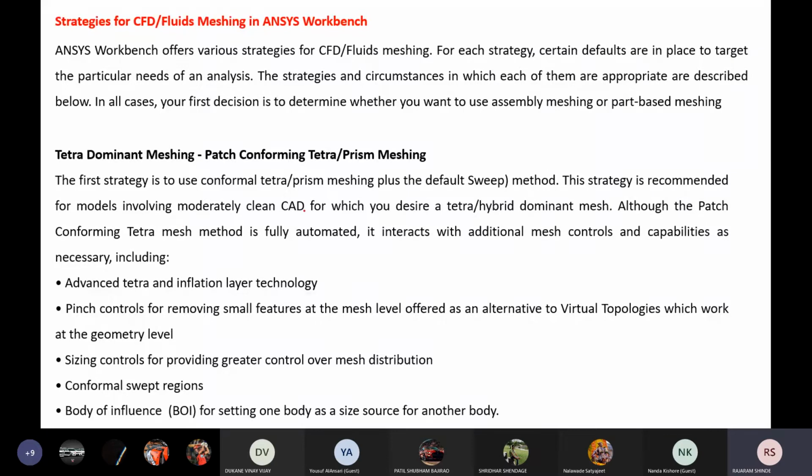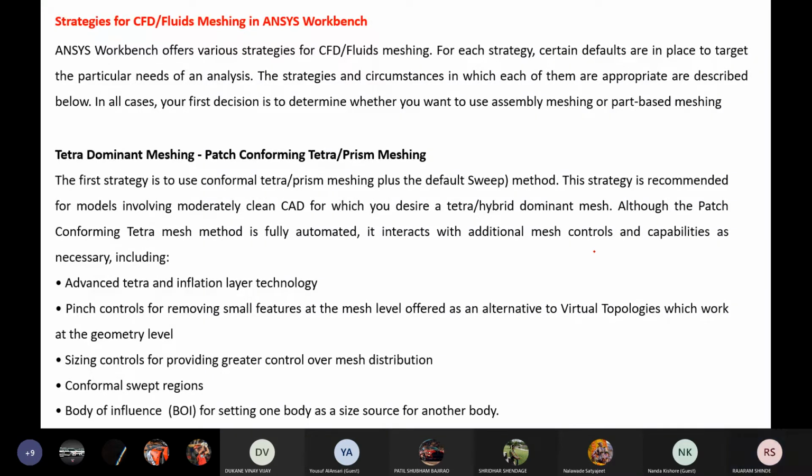So here you have to follow these rules. If your geometry is involving moderately clean CAD, for which you desire a tetra or hybrid dominant mesh. Hybrid means tetra plus prism meshing, or hex dominant mesh. Okay. Although the patch conforming tetra mesh method is fully automated, it interacts with the additional mesh controls. Means you can use additional mesh controls and capabilities as necessary.